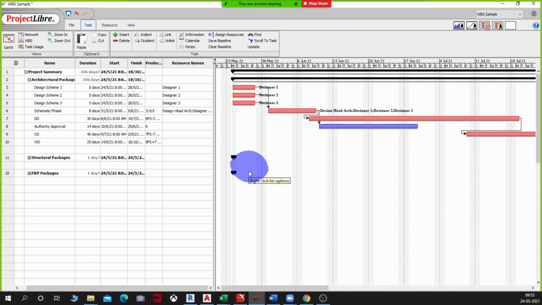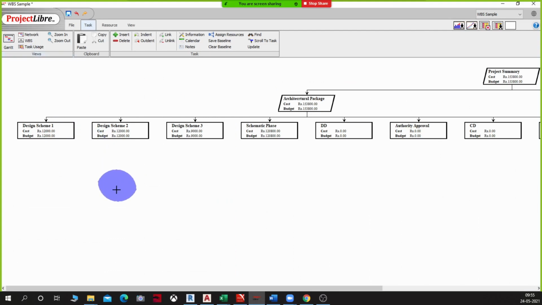Okay. So as of now, I'm going to add the baseline, and here as we saw in the previous class, you get a light gray line underside which tells that this is the base duration and effort that is needed to do this project. Now let's look at the WBS. You see there's a budget which you can see now.